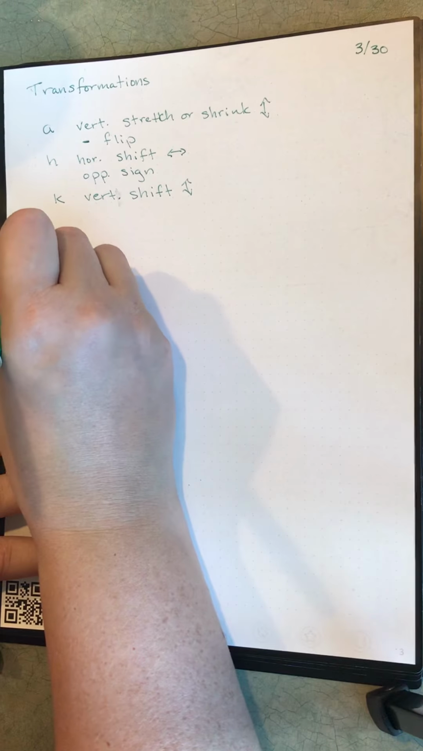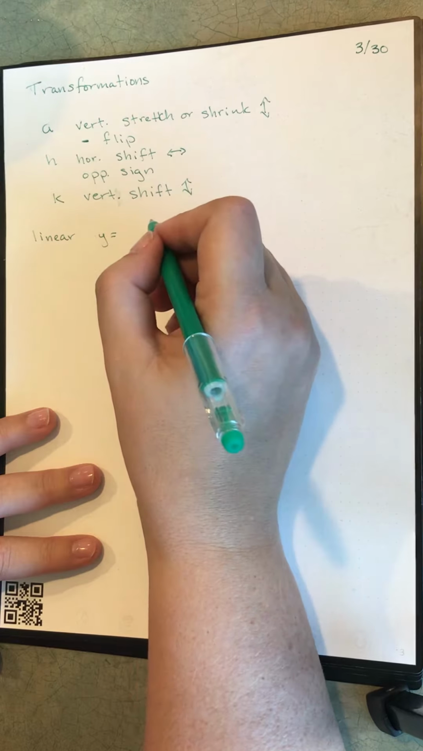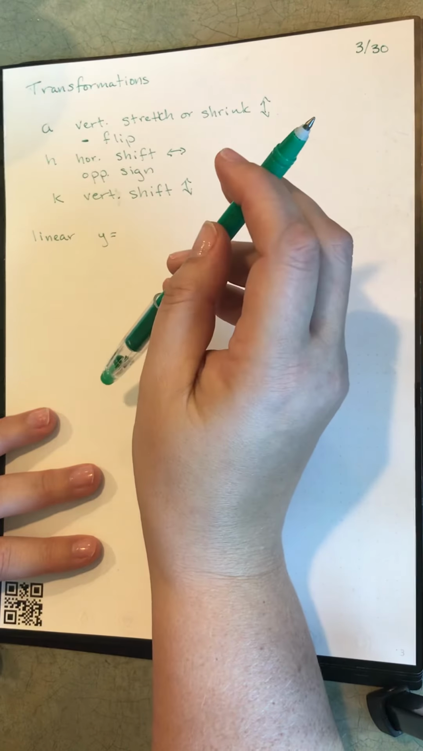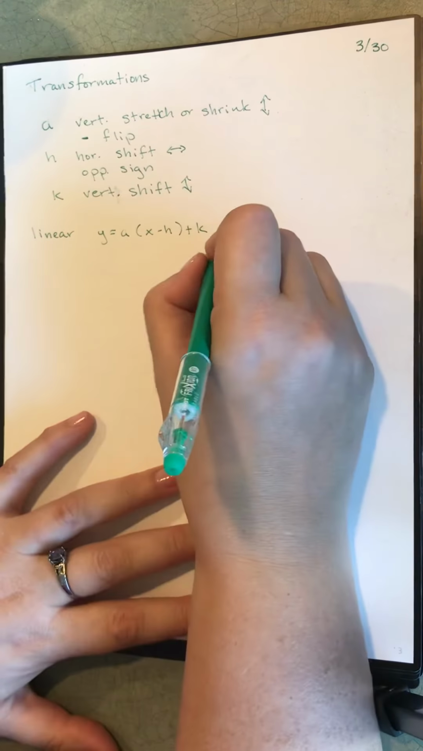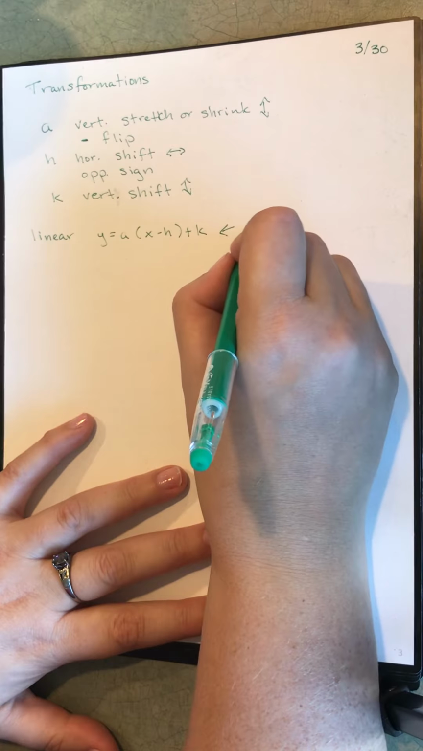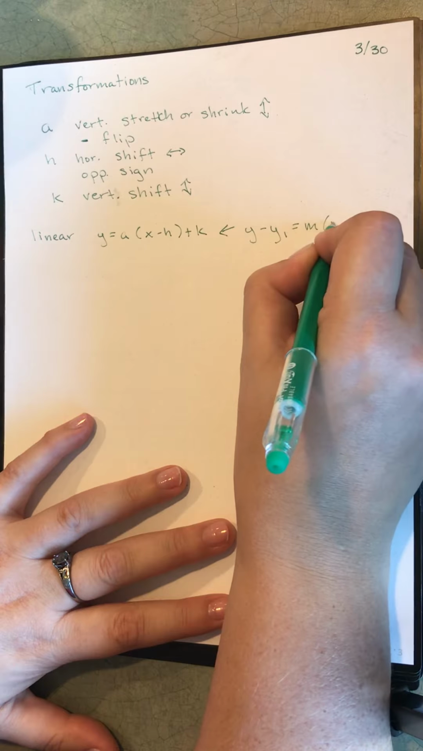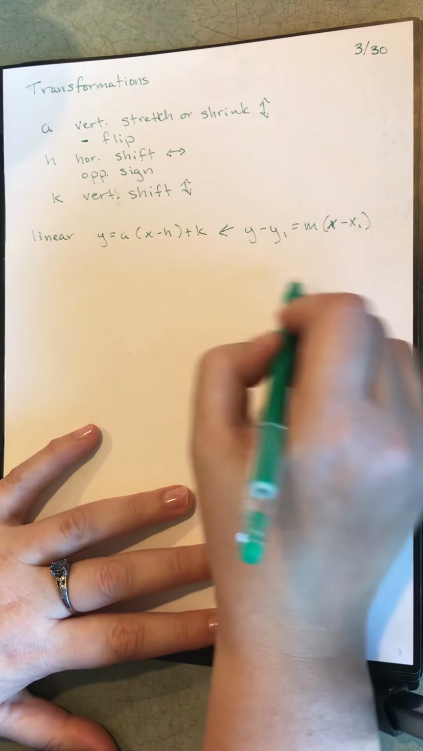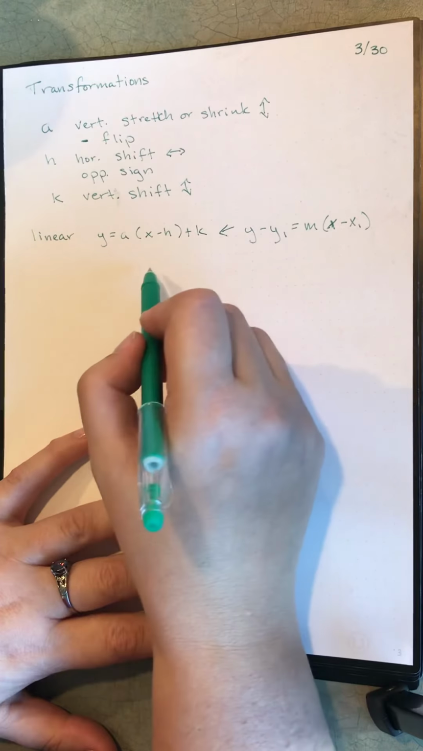So for linear, if we think of y equals a times x minus h plus k, this is actually just a different way of writing point slope form, y minus y1 equals m times x minus x1. Right, so if we take our point slope form and switch it around, then we have our